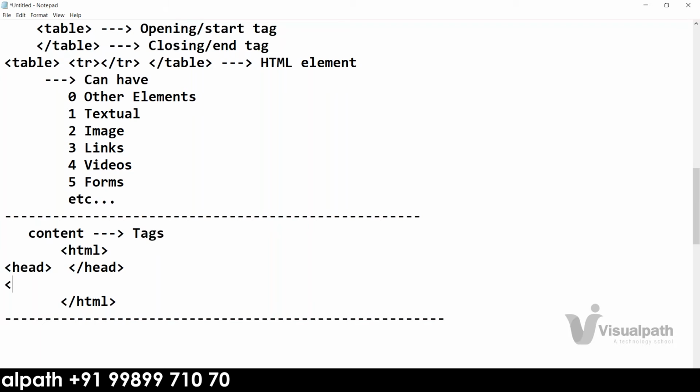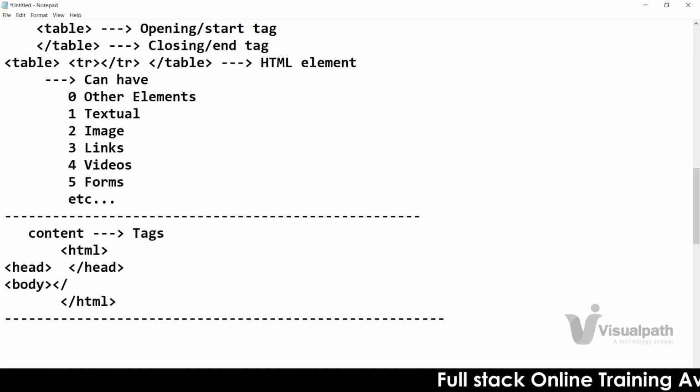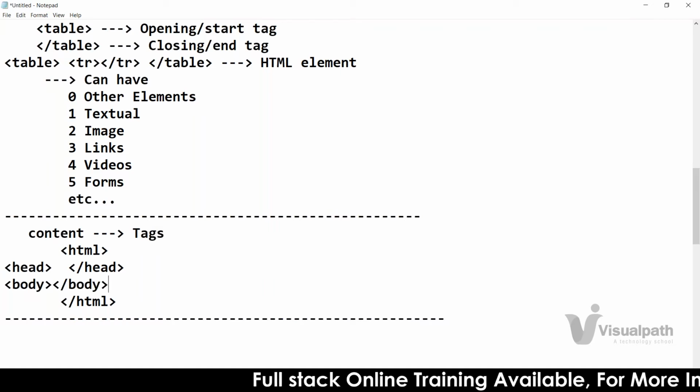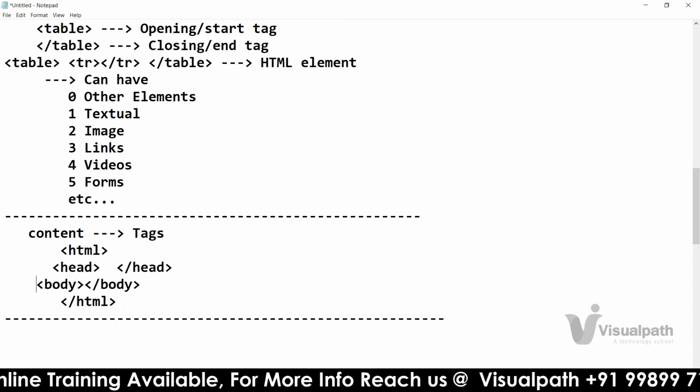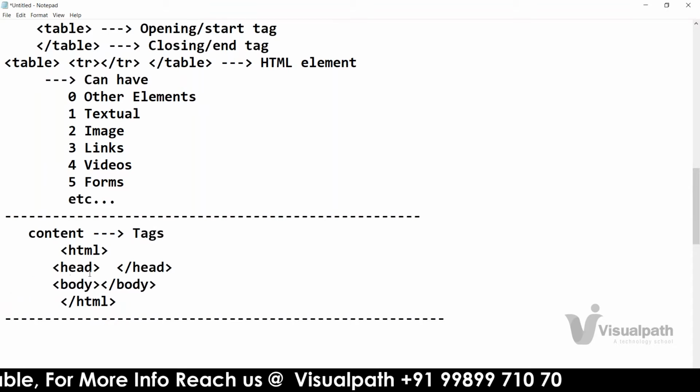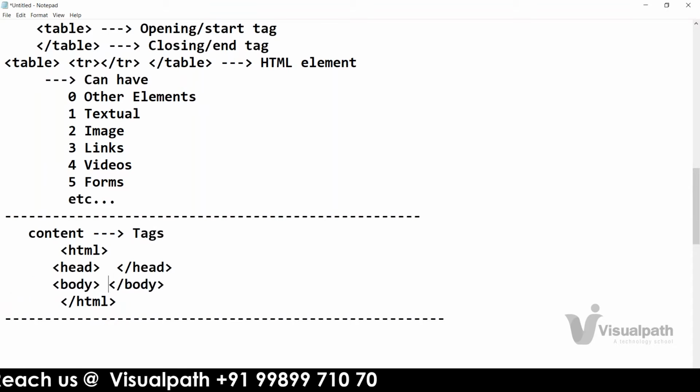HTML is called the root tag, which is the main tag. It's the starting tag of your web page, in other words. Next you'll have a head tag, and then a body tag. These two are called primary tags. This is the head element and this is the body element.